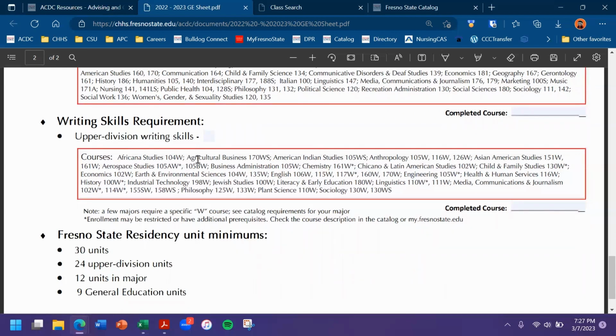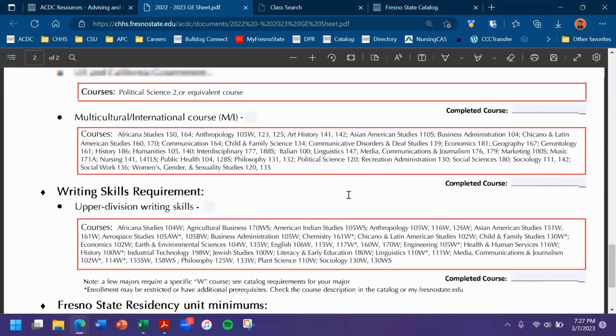Previously, students could take a writing exam, but that is no longer available as the writing exam was removed CSU-wide. So all students will need to complete a writing requirement for their major. Some majors have required classes, and that's typically tied to if you see a course titled after your major. Some colleges, for example, in my college, Health and Human Services, we typically recommend Health and Human Services 116W. But if you're not required to take a specific course, you can generally take whichever one's most interesting or easiest for you.